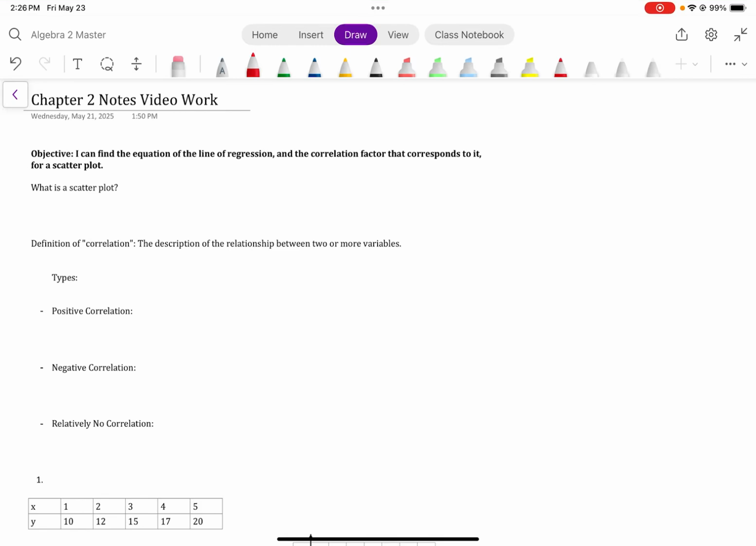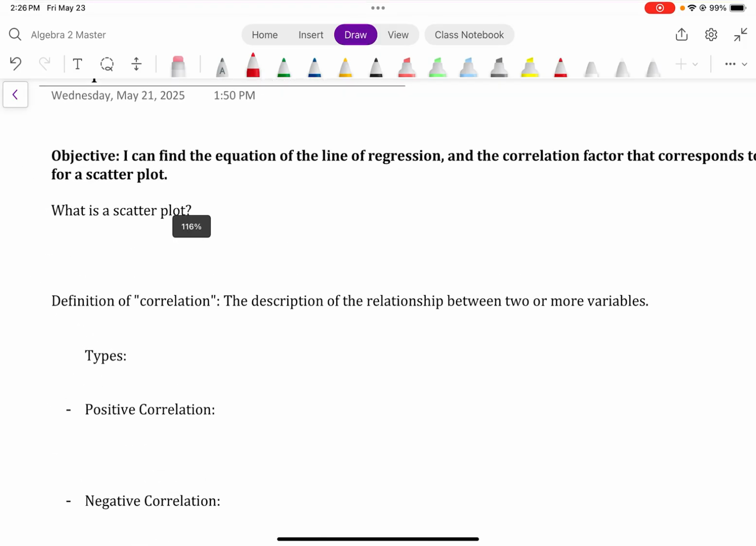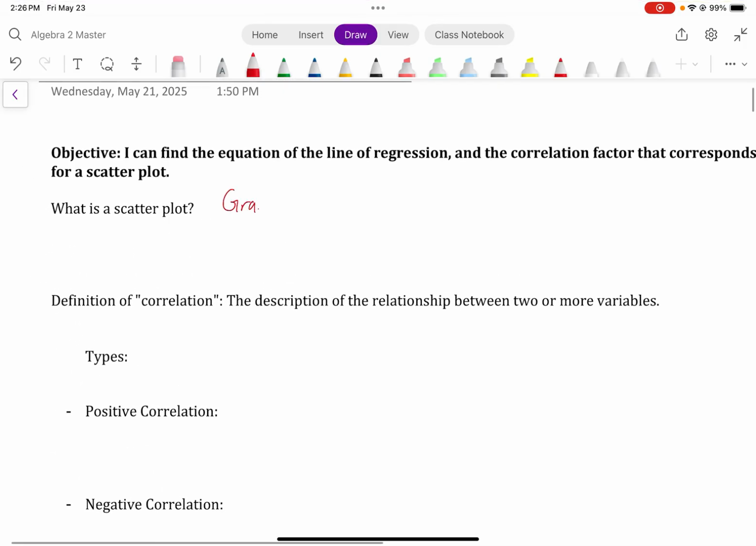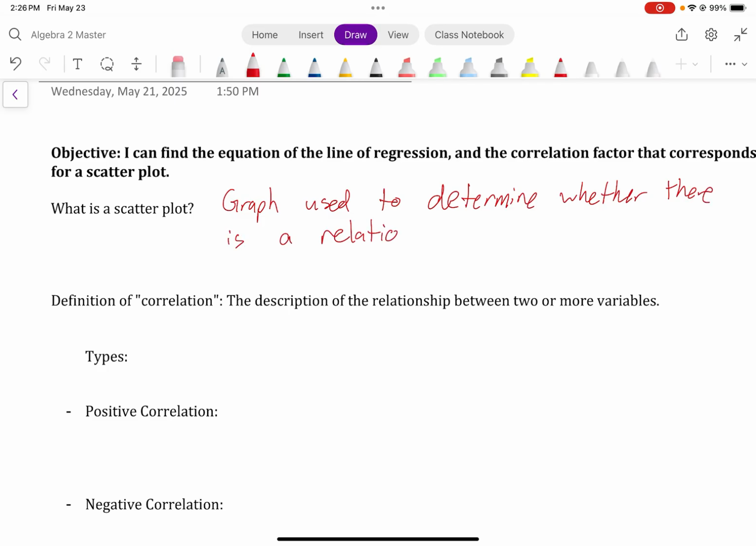In this video, we are going to be talking about scatter plots. So the first most important thing is we have to know what a scatter plot is. A scatter plot is a graph that is used to determine whether there is a relationship between paired data. So basically you're looking to see if there's some sort of a connection between two different types of